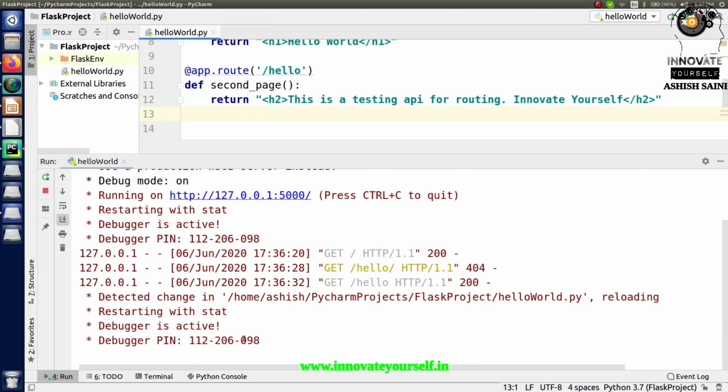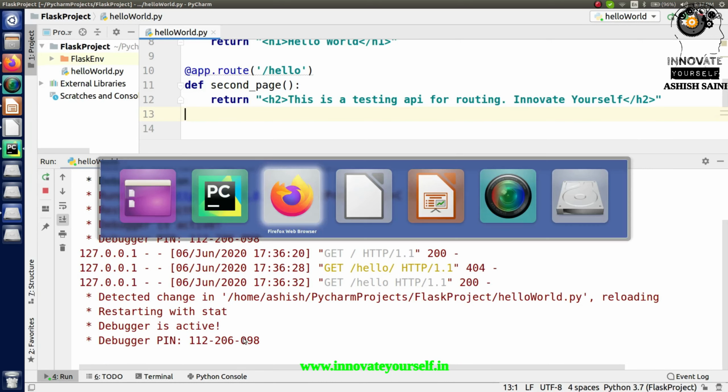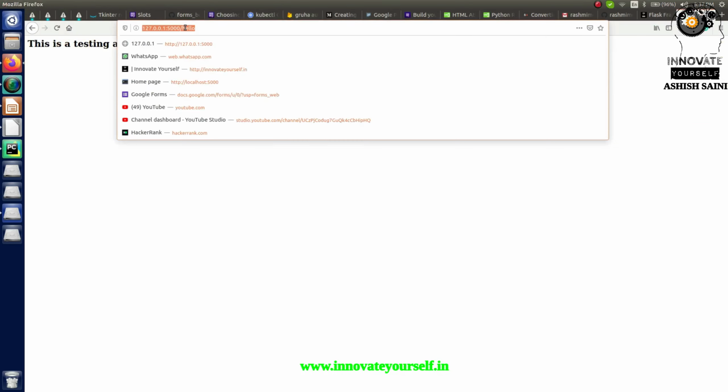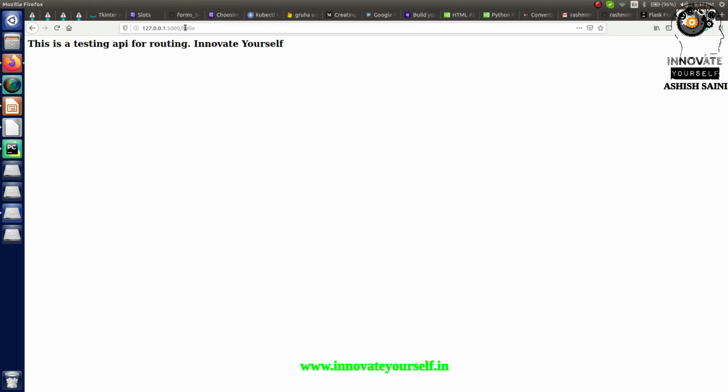That means now you don't have to restart this. This time you can simply run it and you will be able to see the changes. Can you see this? This time I didn't restart my server. So this is how I can do this routing part, and also I can use the debug mode for your Flask routing, right? This is the way we can do the routing in Flask.